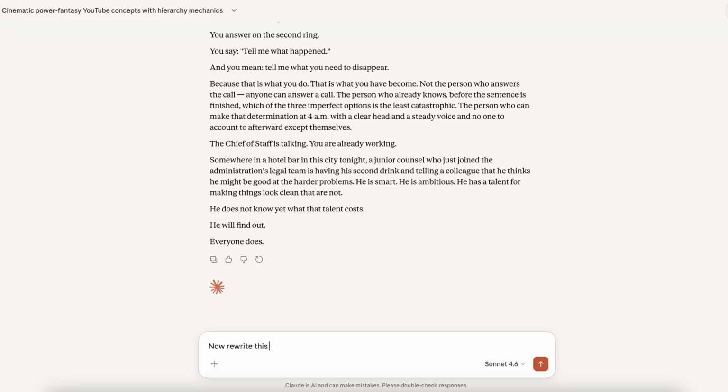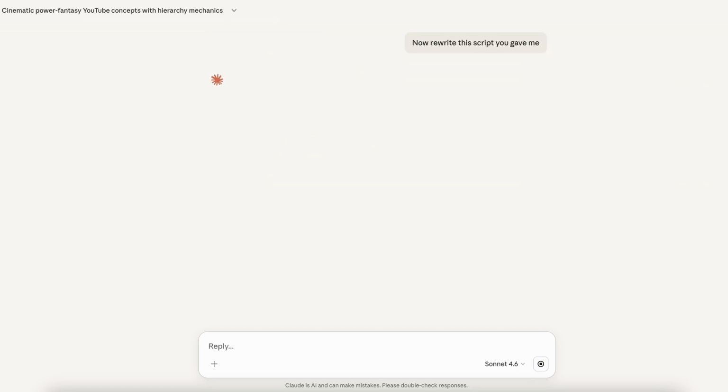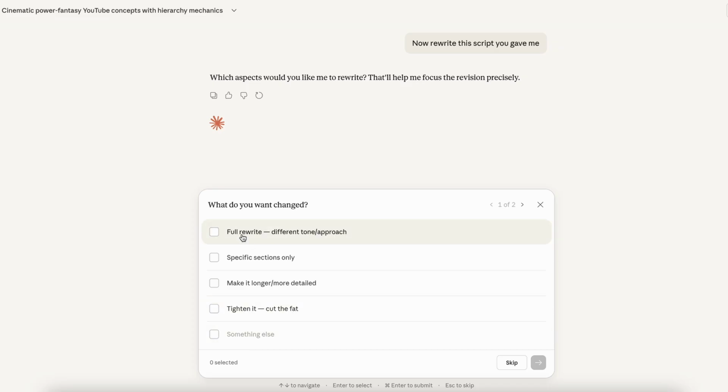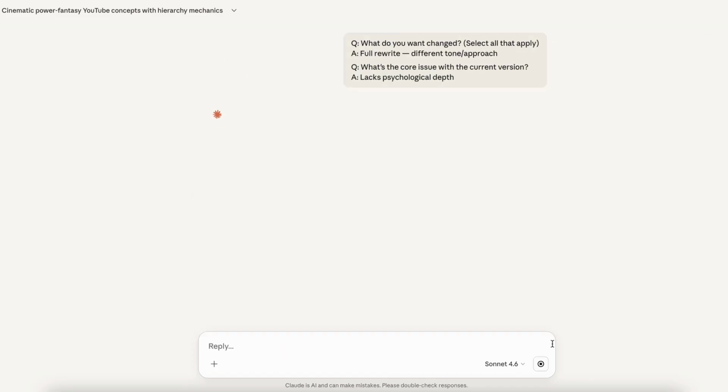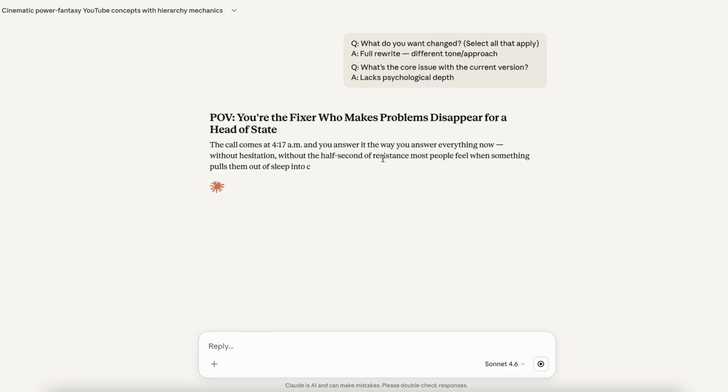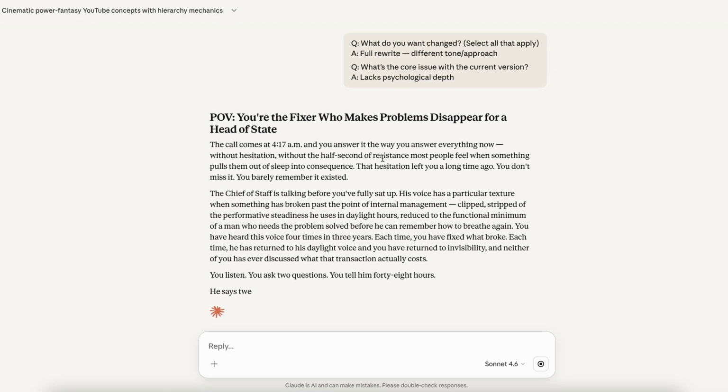Simple fix. Before you move on, rewrite the script. Read it. Find where the story drags. Find where the logic breaks. Then rewrite it in your own words with your own instincts. AI gets sloppy. You make it sharp. That extra pass is exactly what YouTube rewards right now, and exactly what the demonetized channels skipped.